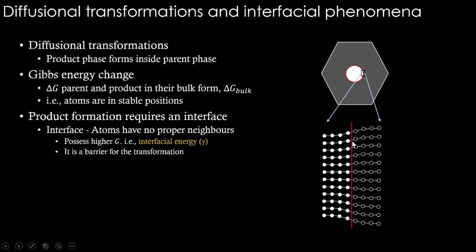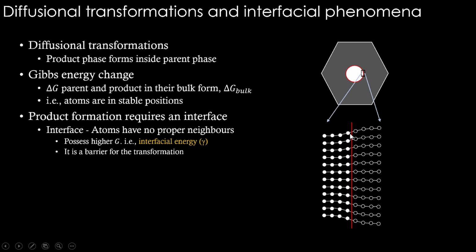Okay, and then there are strain aspects. See, if you see here, these two atoms are at their stable position with a certain distance, but as we go near the interface, the atoms are getting stretched because, if at all they have to maintain this coherency, we call this coherency, the right bonding you can see.